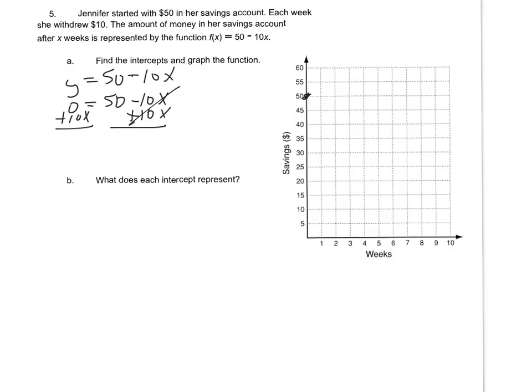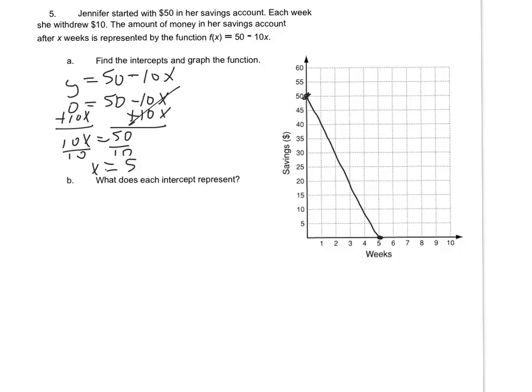So I'm left with 10x + 0 is just 10x = 50. I'm going to divide both sides by 10, and x equals 5. Oops, sorry, not 50, but 5. So x equals 5. So when x is 5, y is 0. Now notice, if I connect those,